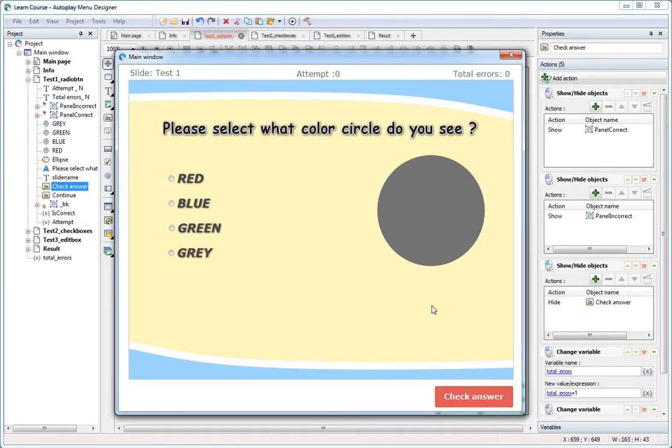We see how the attempt number and the global number of errors change.